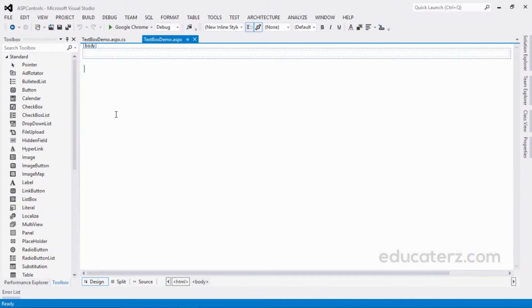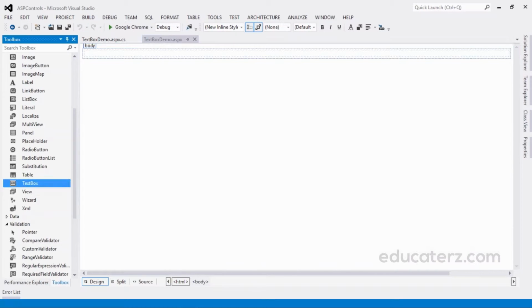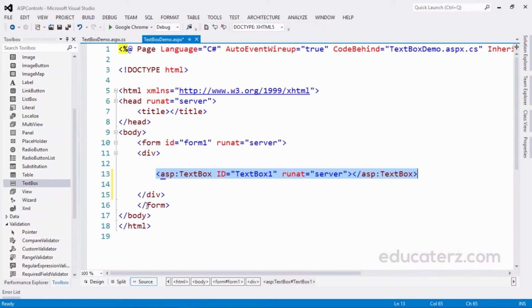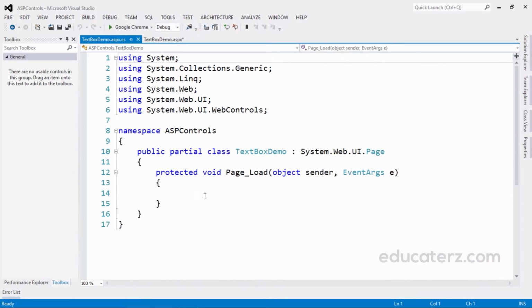For this, let me take a text box and drag and drop here. Once you drag and drop here, go to the source mode and you can see the code is written by default. We have not written any single line of code for this. This is created by our Visual Studio. Here it is server side coding.